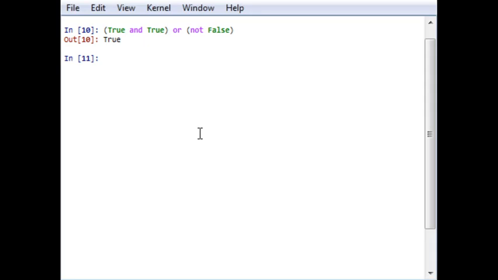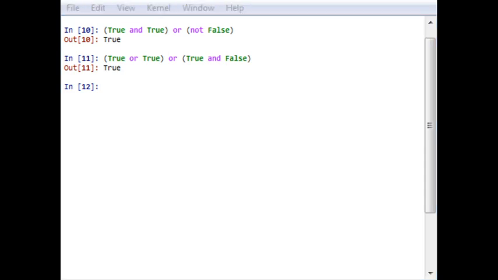For example, if I write this type of complex statement, True or True will be True, and True and False will be False. So True or False will be True. It's nothing but a 1 and 0 combination. But in Python, instead of 1 and 0, it is using True or False. I hope you are getting this. It is important to see that the usage of parentheses enables the user to club together the logical expression in a meaningful way.